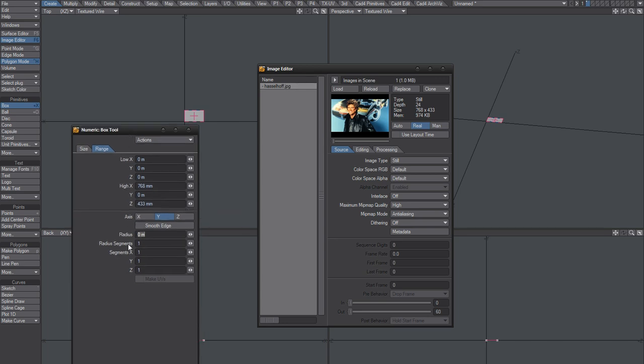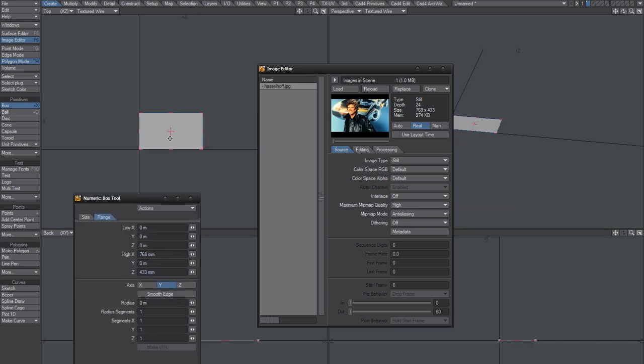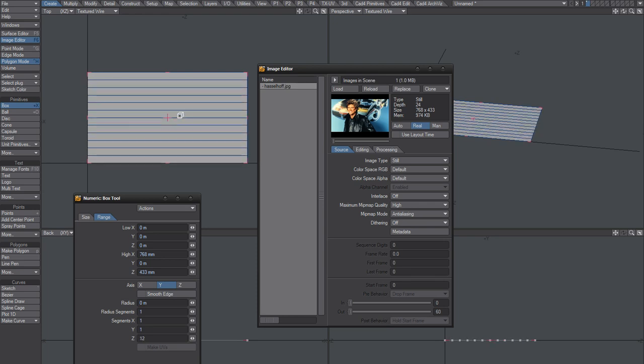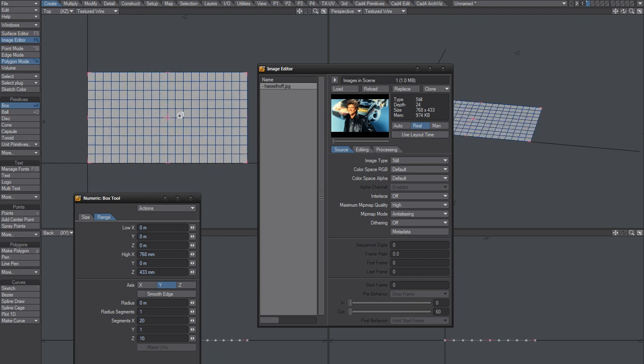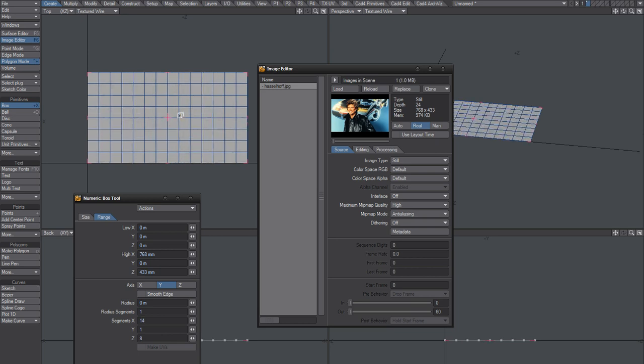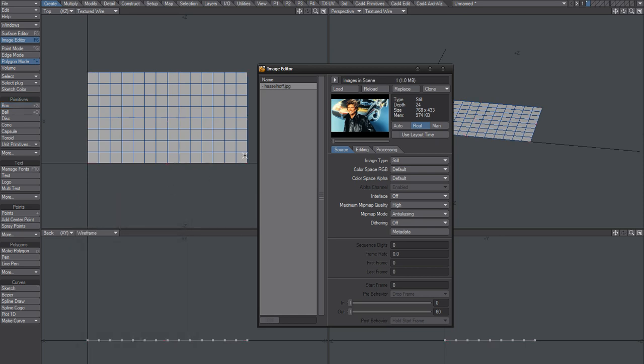Okay, and let's just make a few slices here. I'm just gonna eyeball it, sort of. So kind of like that, I guess. No, that's a bit much. Yeah, we'll keep it like that. Okay, so